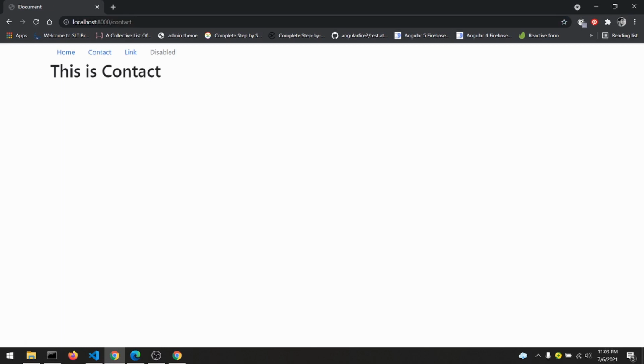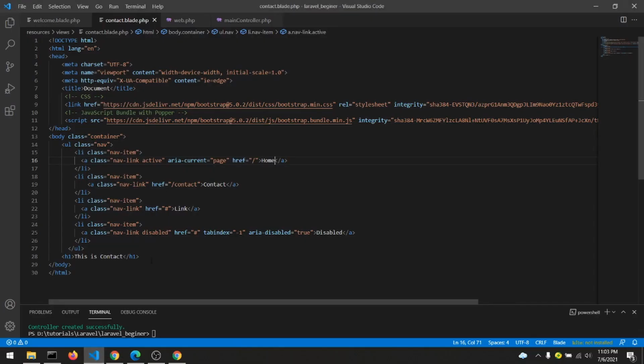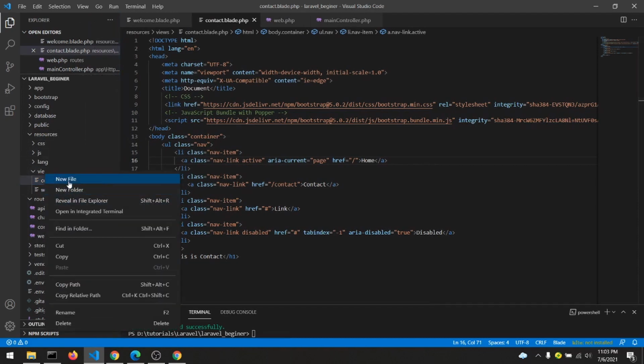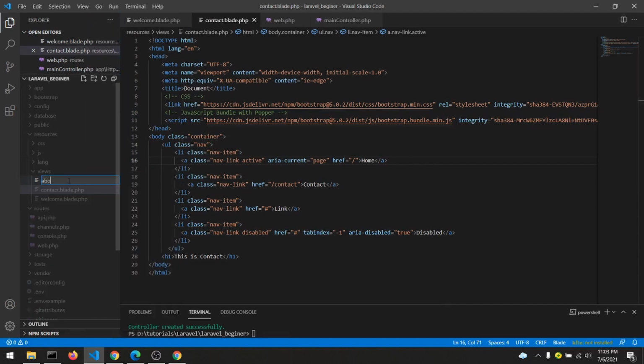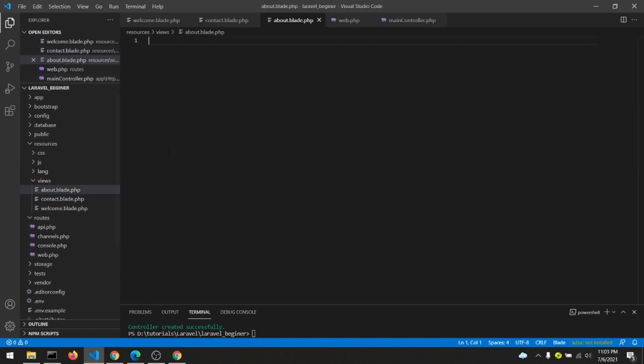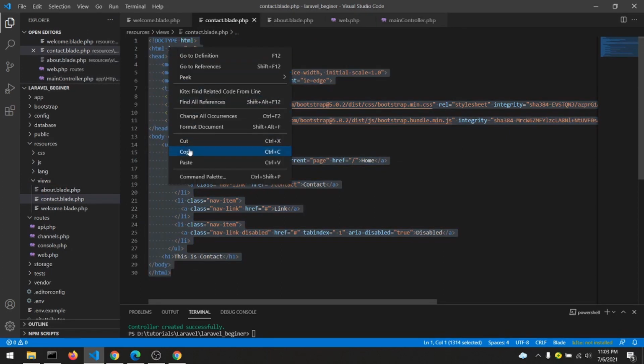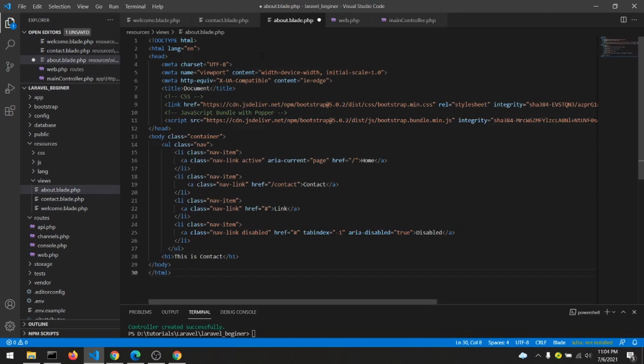Now you can see here, if we create a normal page, just assume we will create another page called the about us page, a page called about.blade.php. Now here we always have to copy this code and paste it here. We always have to copy the code and paste it. So in that scenario, it is not that